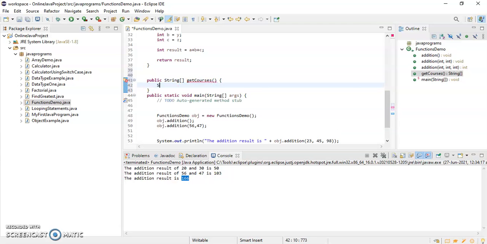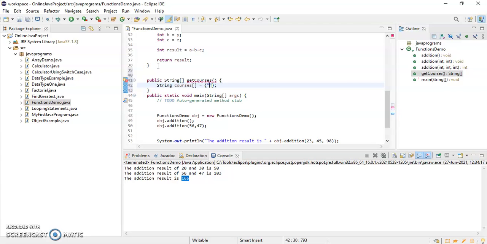Okay, so I'll create one string array over here. So string courses is equal to, suppose I am just giving the course names.